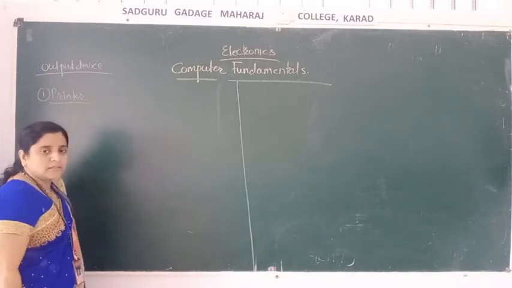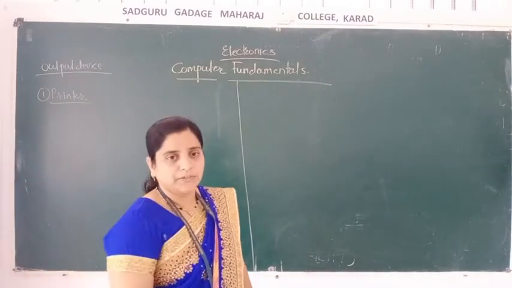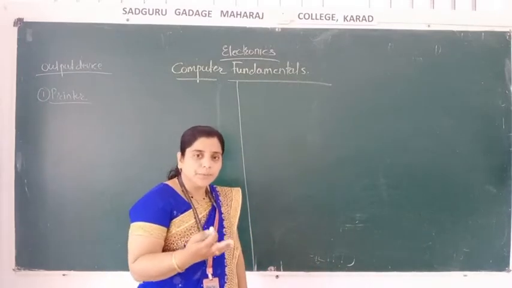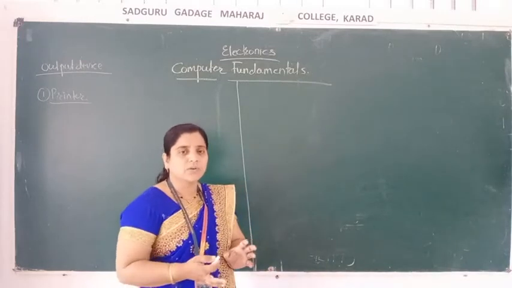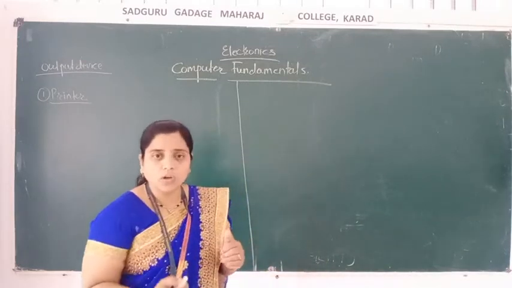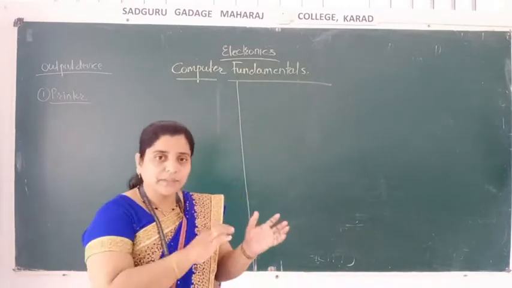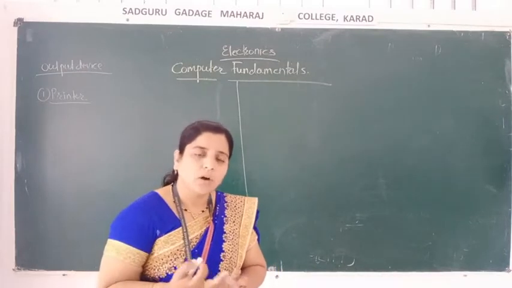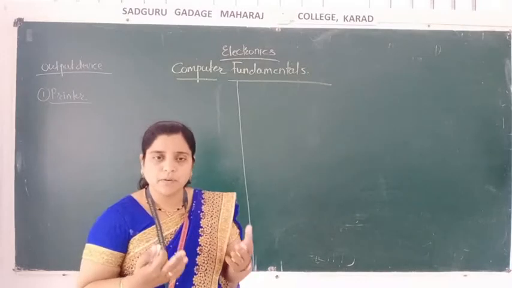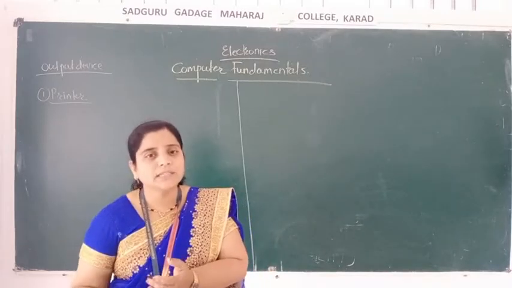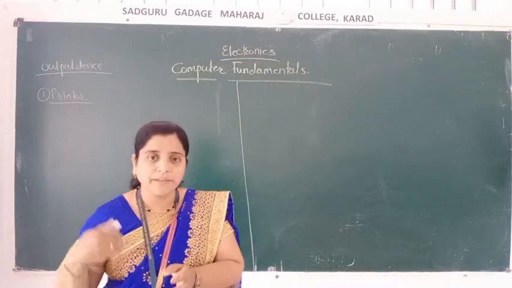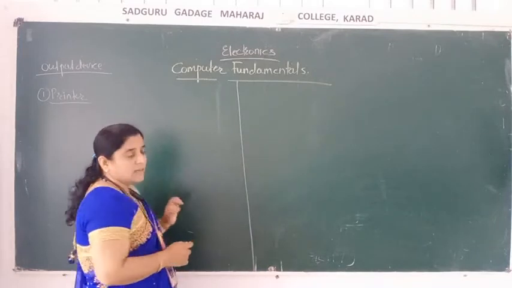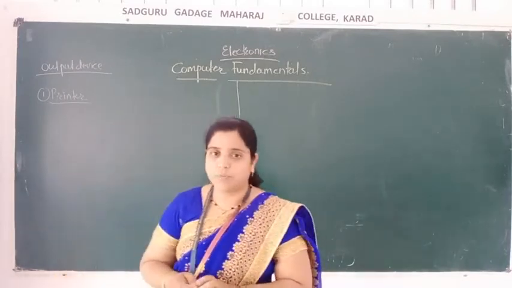All of you know the printer. First of all, tell me what is an output device and an input device. Input device means whatever data we give to the computer for performing a particular task. And what is the output device? The data which is given by the computer in an understandable form to the human is called the output device. Whatever task it performs, it displays and gives us; that is the output. Whatever we give to the computer is called the input. So there are many types of output devices.